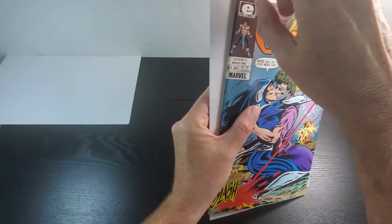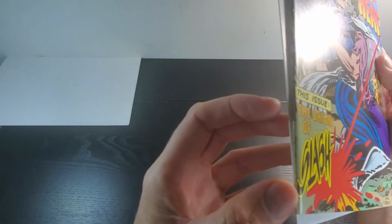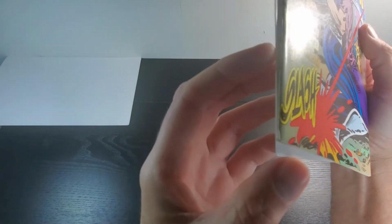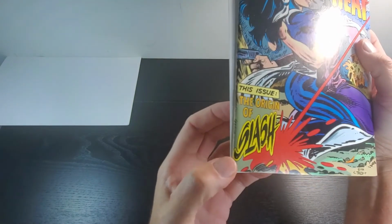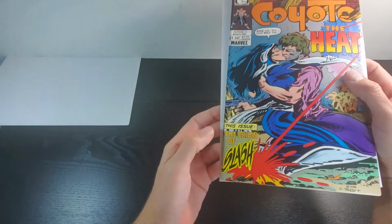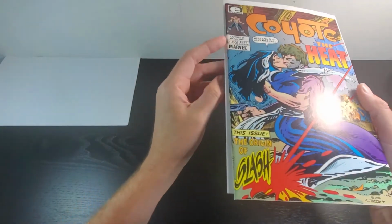So we have that little bindery thing going on up here. Another little bindery thing here. Now there might be wear right there. Not sure what that is. It looks like maybe a color rub or something right there. Not sure if that could be bindery. Probably not. But looking at the spine,